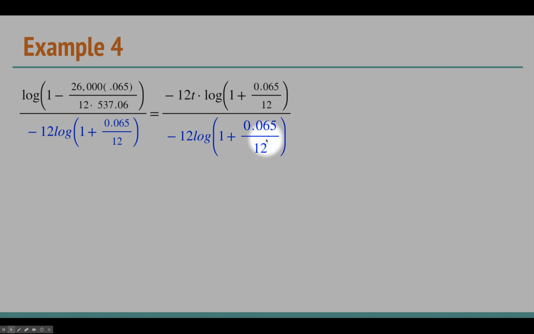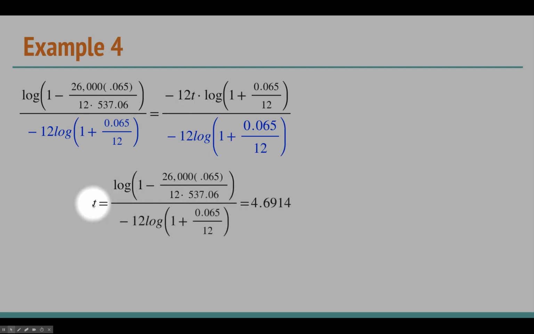So that's essentially our last step, to divide both sides by the negative 12 and the logarithm of that number. And over here on the right-hand side, the negative 12 over negative 12 goes to 1. The logarithm divided by the logarithm also goes to 1, and that leaves this t all by itself on one side of the equation. The other side of the equation is this kind of intimidating looking expression, but again, with a scientific calculator, we can easily put that into the calculator, and out comes this expression. So t is